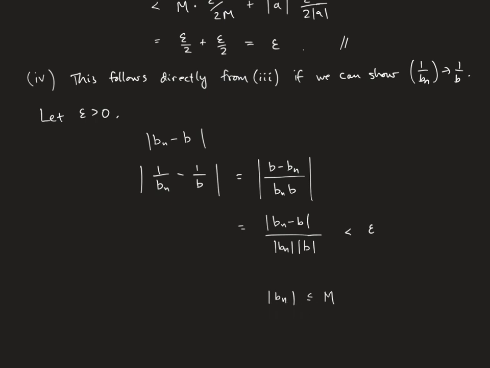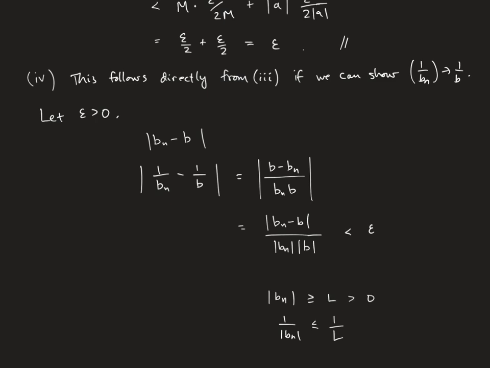Here, this is an inequality that says 1 over absolute value bn is bigger than or equal to 1 over m. That inequality is going the wrong way. I want this inequality turned around, right? So essentially what I really want to say is that the bn's are bounded below by some number. Call this L, which is bigger than 0, say. Then that would tell me that this is less than or equal to 1 over L, right? And then I would be in business.